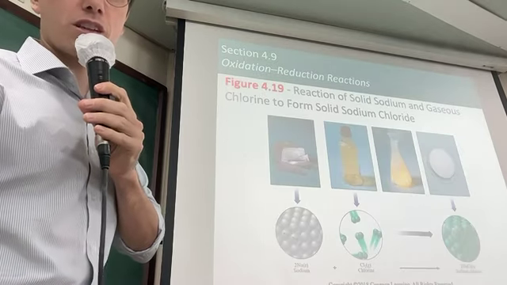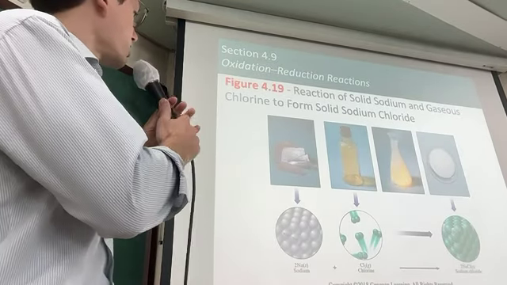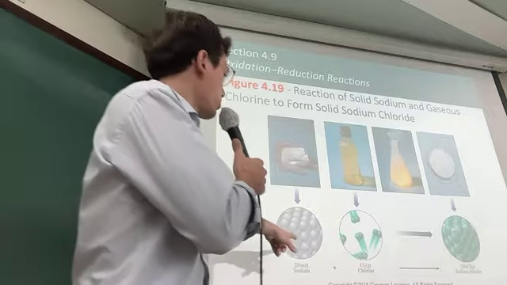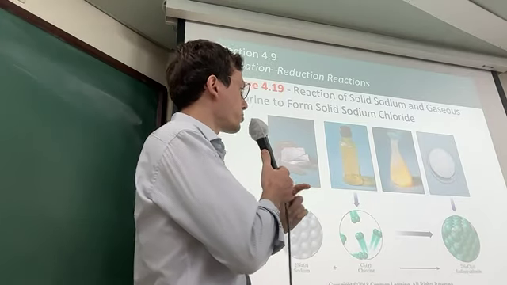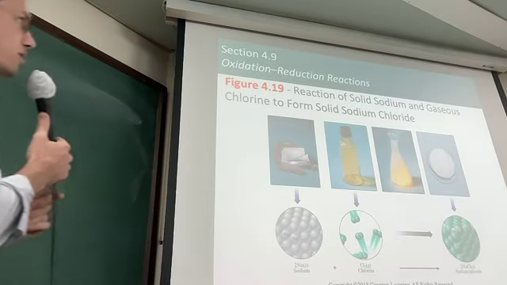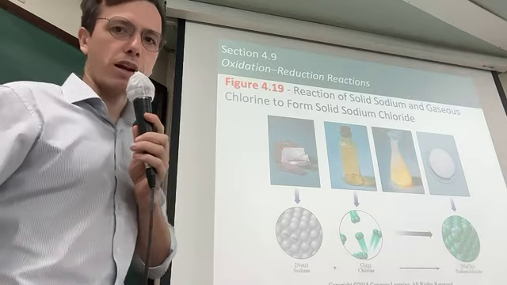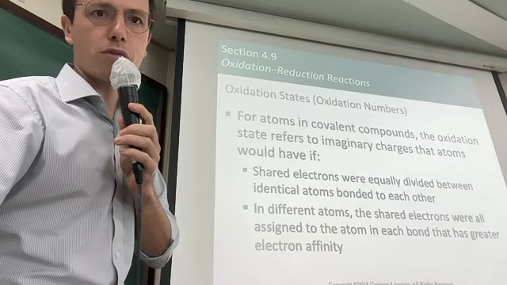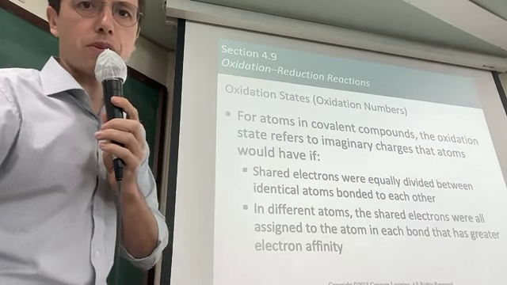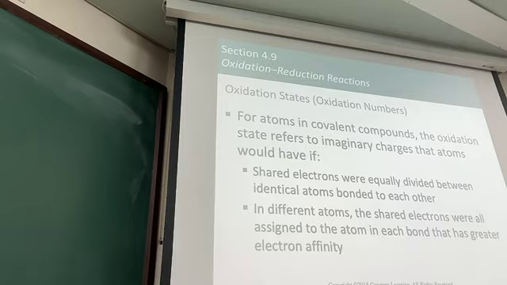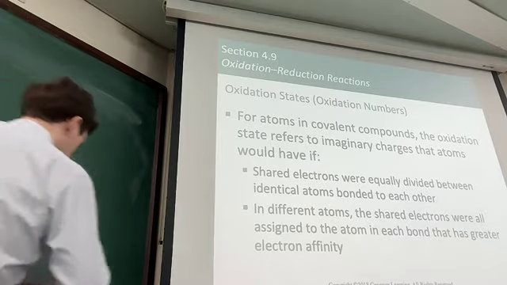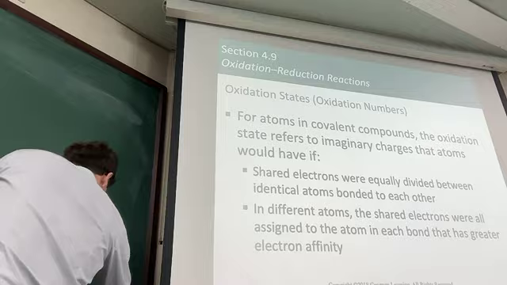So the question is like these kind of reactions. Well, this is another example. Sodium reacts with chlorine gas to form sodium chloride. So the question is, how can we understand these reactions? What is special about them, right? And the idea about these reactions is that you have usually some kind of imaginary charges on these atoms, which tell you how much these atoms want the electrons. So if you remember,